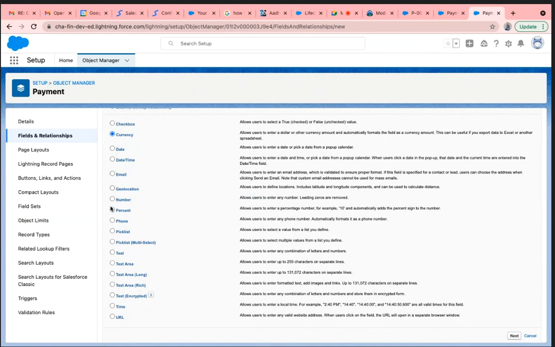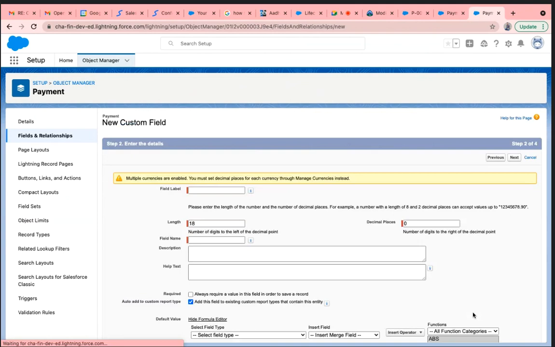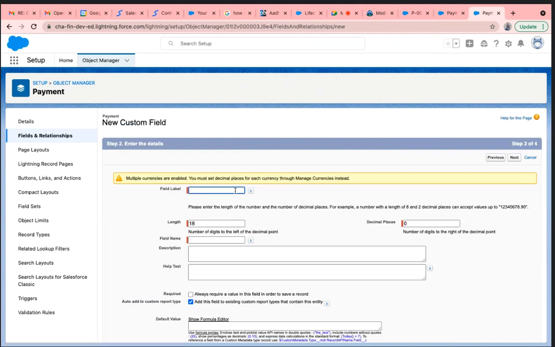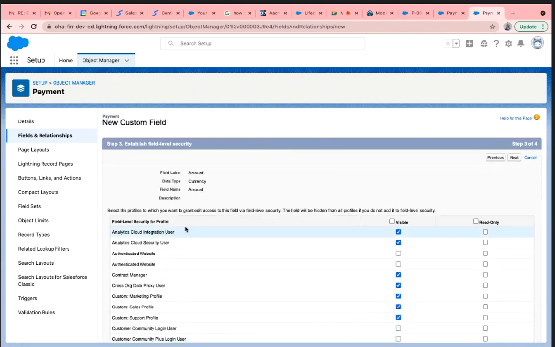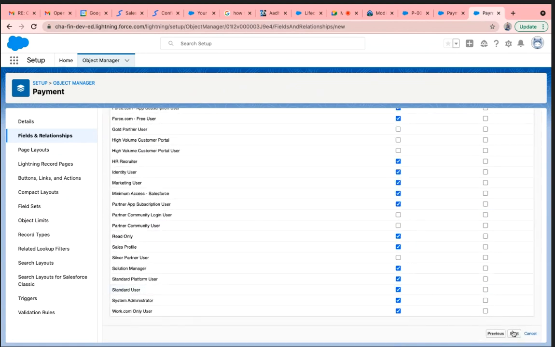Okay, so I am choosing currency. This currency I am naming amount. I want to save it. Click next. Again, it will show which profiles you want to provide. It will automatically come.